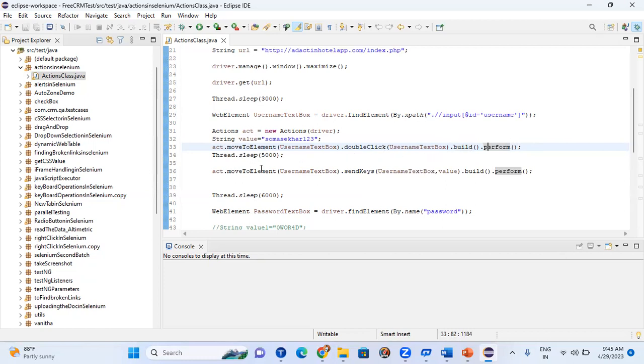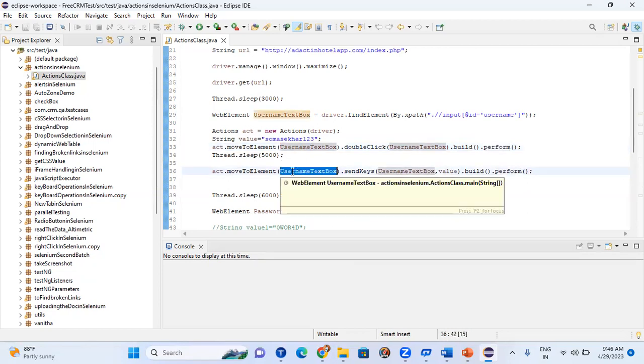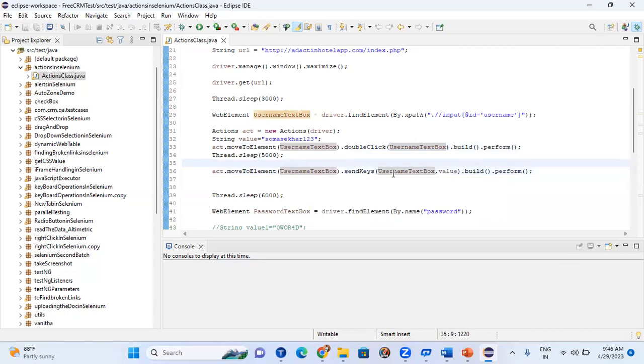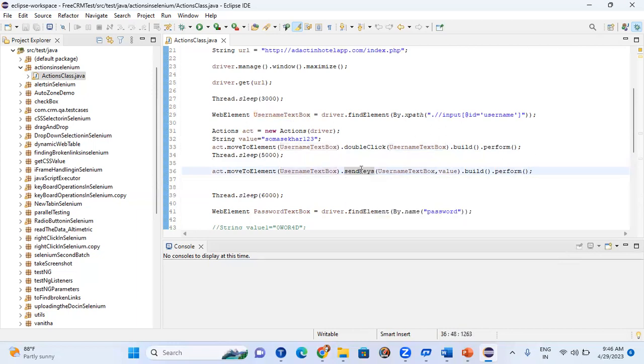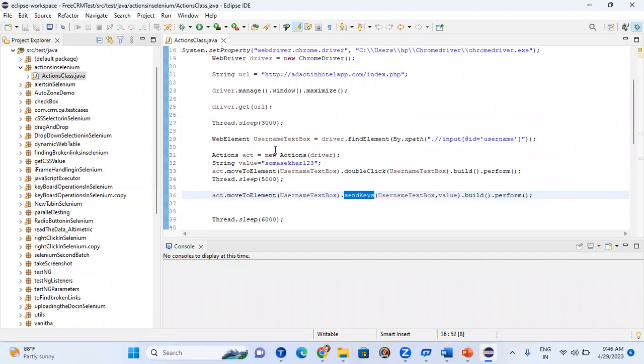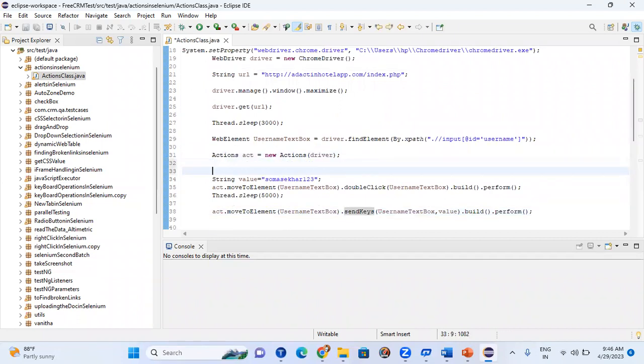Next, after the double click, we are mouse overing the username text box and trying to enter the values into the text box with the help of the sendKeys method. This is not the normal sendKeys method; this is coming from the Action class. Let me write it to show what methods are available. Here, act dot